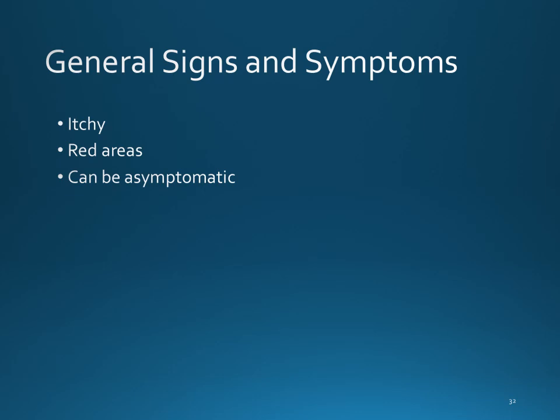All right, so let's talk about some general fungal infection care and some signs and symptoms. So you might find some itchiness. You're definitely going to find red areas. Remember, we talked about each one, the red areas being a little bit different as to how they look, i.e. regular ringworm versus jock itch, athlete's foot versus the nail fungus, okay? Those all look very different. Some can be asymptomatic, but you're not going to typically pick up on that if you're not seeing these classic symptoms with some of these.